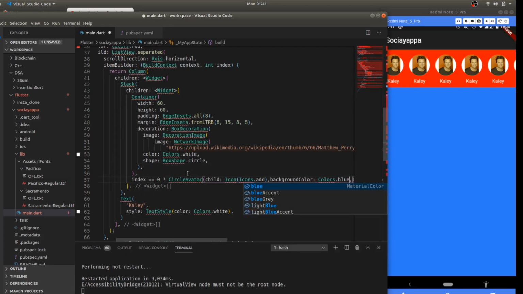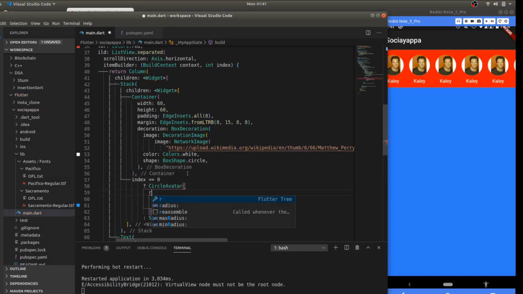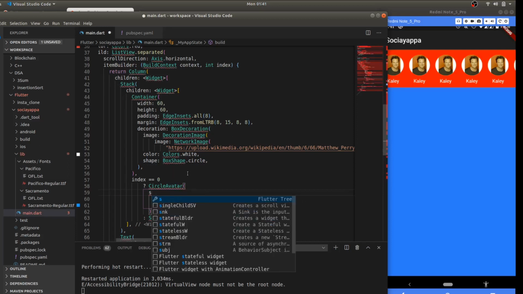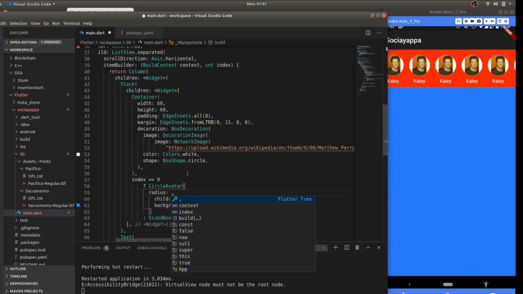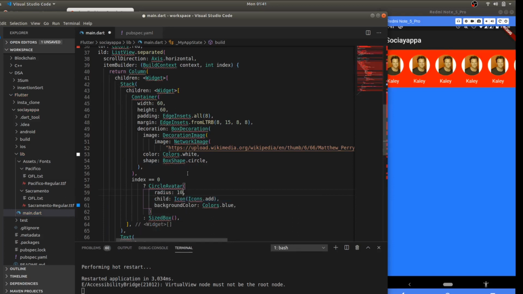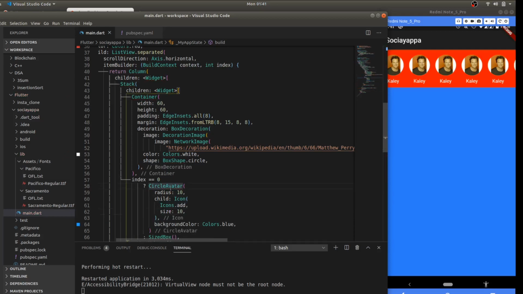Colors.blue. Perfect. And I need to give it a size. Does it have a size property? I don't think so. Yeah, it does have radius, so let's give it a radius of 15 or 10. Let's try with 10. If it doesn't work, then we'll give it 15, and I'm gonna give this thing a size of 10 also. And to position it properly, I'm gonna wrap it in